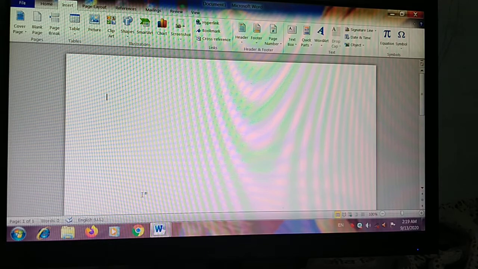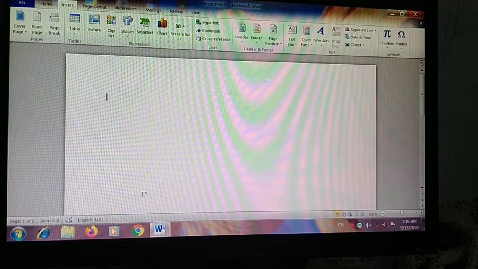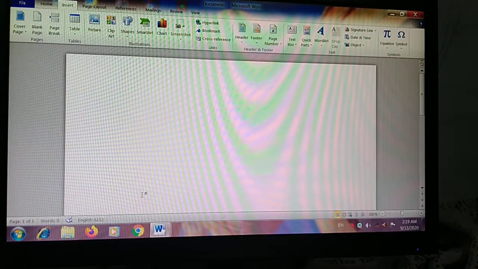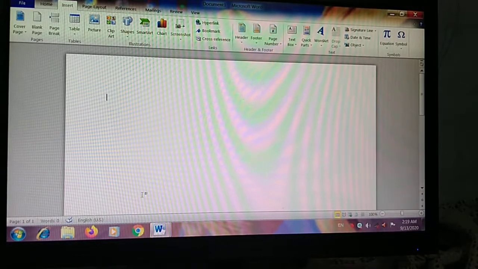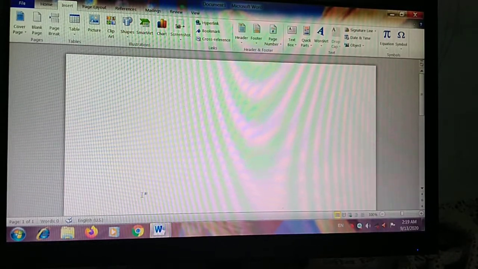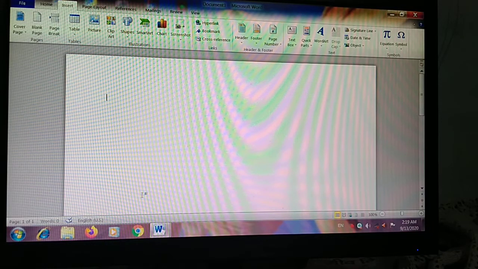Once a picture is inserted in a Word file, you can make the following changes. Once a picture is inserted, you can make many changes in it. First of all is resizing and stretching. If you have inserted a picture, you can change many sizes. So first one is resizing and stretching. A picture can be resized, made larger or smaller or longer. After that you can also do cropping of this picture. If you want to crop any picture, you can crop and only a selected picture would be inserted.